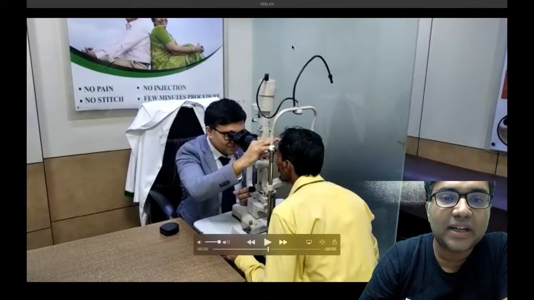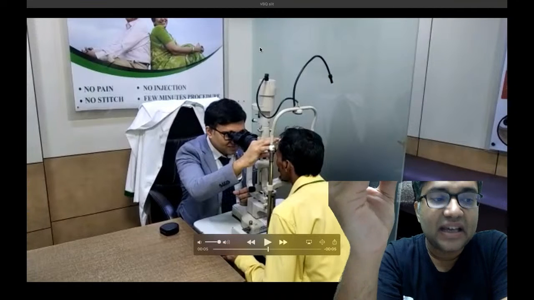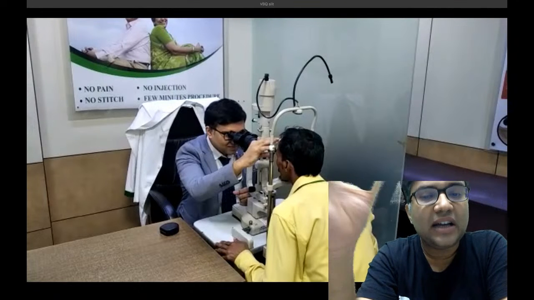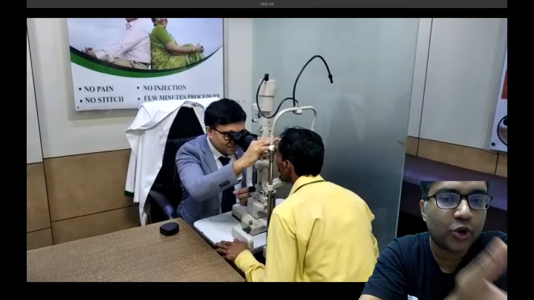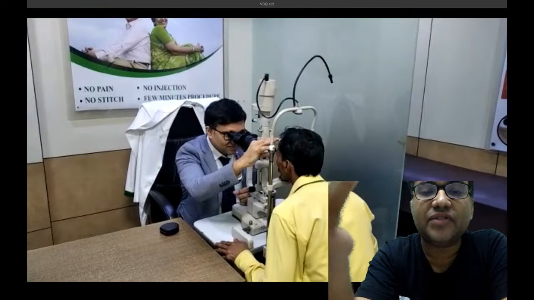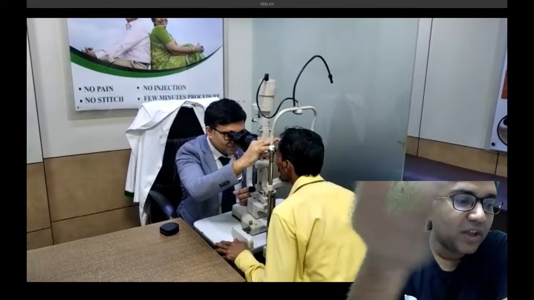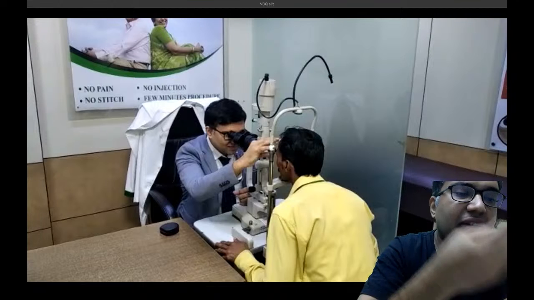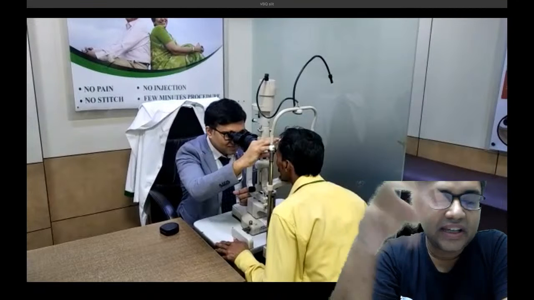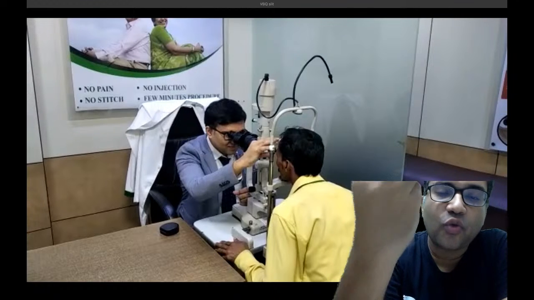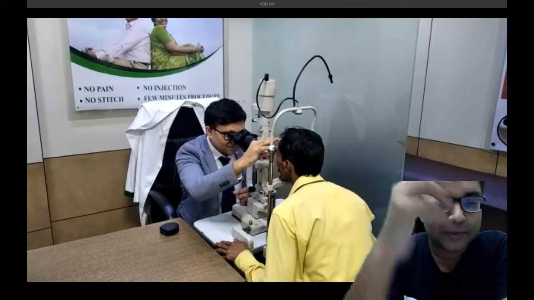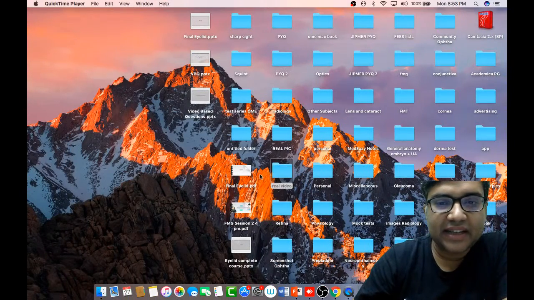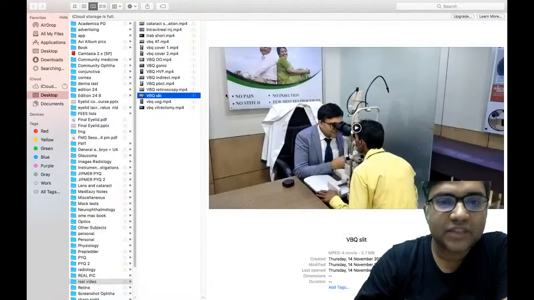Another use of the slit lamp is that it helps to do applanation tonometry, which I showed you, and another procedure called gonioscopy. Dr. Shafiq, can anyone tell me where we use a gonioscope? Here is an investigation which I am showing you.